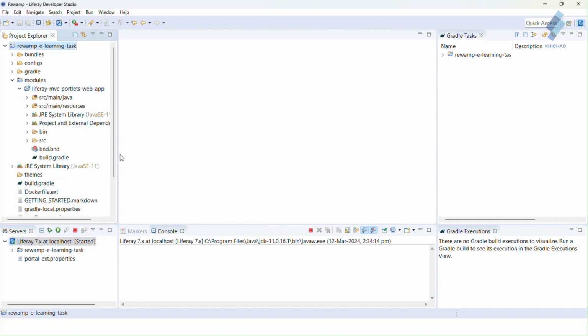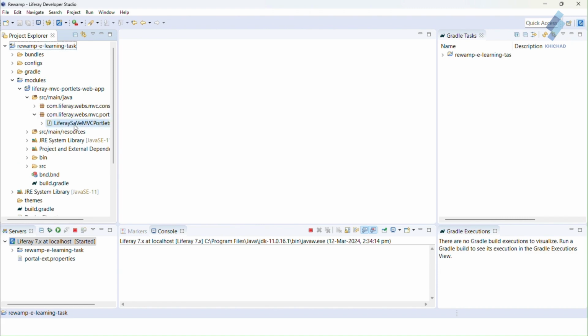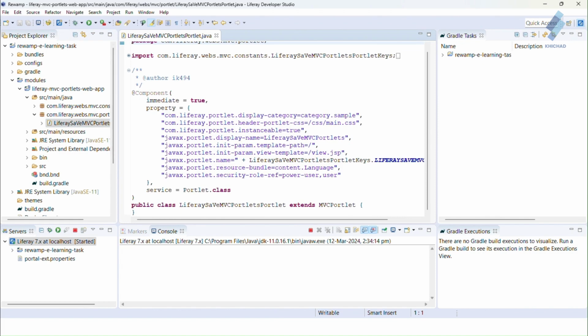Expand the module and go to the component class. Open the src main java folder, expand the project name and go to the package name. I open the component class. The component class is an OSGi service component where we write the business logic. This is where the main source code resides. Now inside the src directory, find the init.jsp.